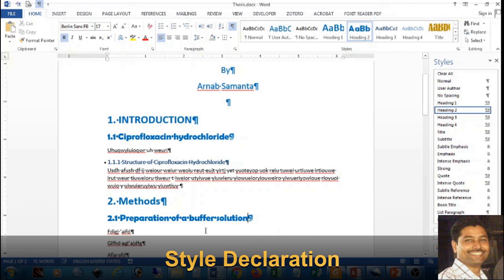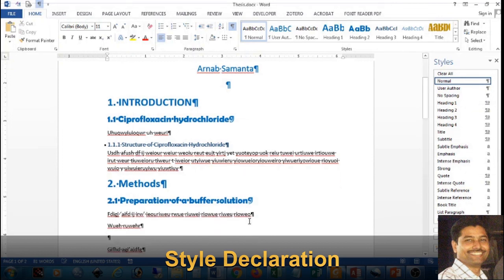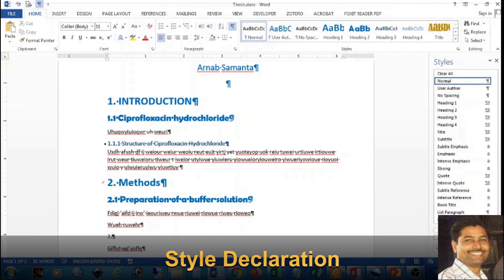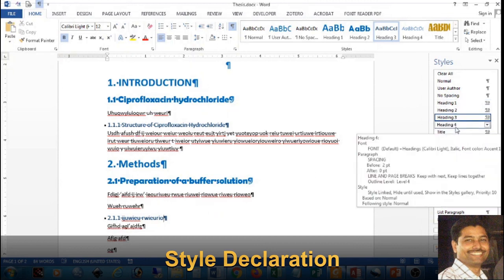So under it we are writing something, again something. This is in normal style. Go to next like this. Now under this one, 2.1.1, this is a heading 3. So just click heading 3. The style will come. Now here you go on typing whatever you want. So these are the subheading styles. My preference is a maximum of fourth heading. Don't go more than this.